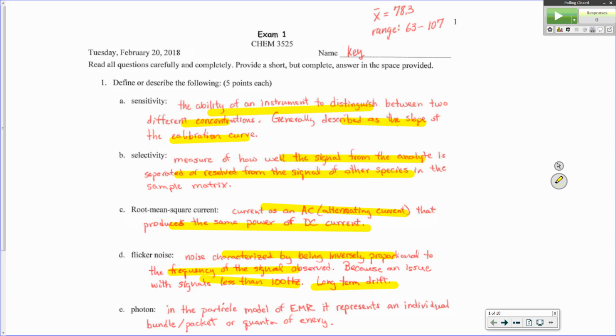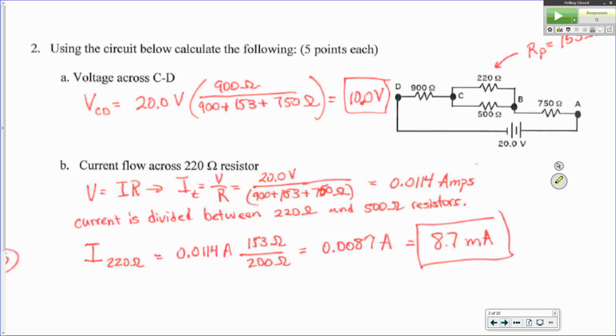And thinking about what is a photon, the particle model, it represents individual bundles or packets of energy. We also call it the quanta. It's the smallest unit of energy, the smallest discrete unit of electromagnetic radiation that can exist. So I'm looking at how close you got. We actually did very good as a class on